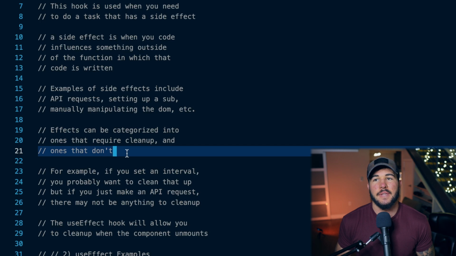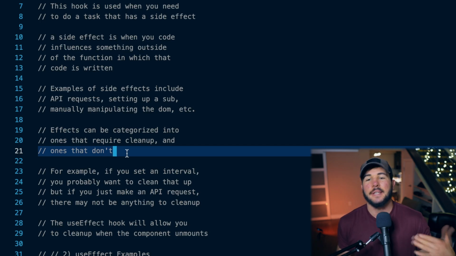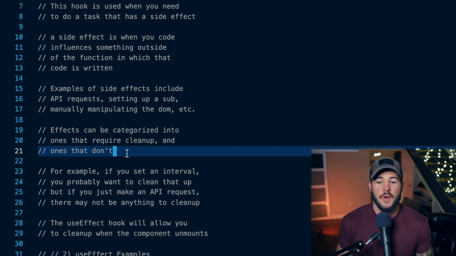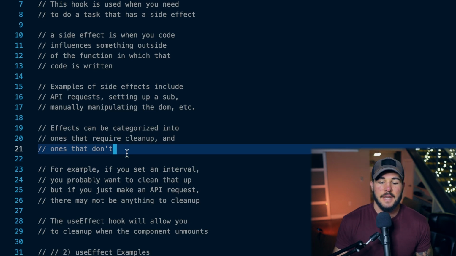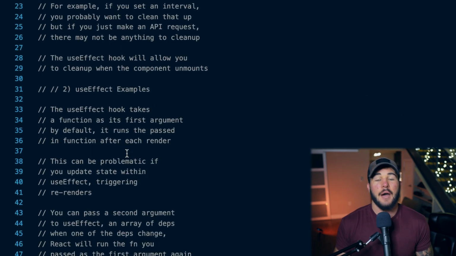However, if you added something like a setInterval and you set an interval to run some code over and over again, well, it's likely that you'll want to clean that code up so it doesn't continuously keep running throughout the duration of your entire application. So that might be an effect in which you do want to clean up. And luckily in the useEffect hook, we do have ways to clean up these effects. So let's dive in a little bit more on how the useEffect hook works and some examples of